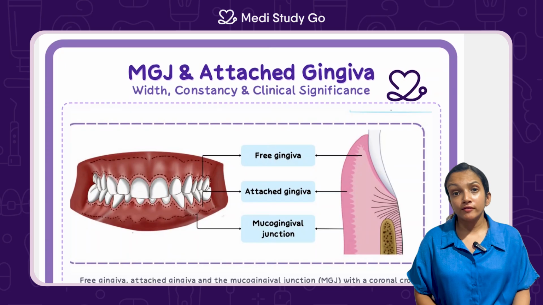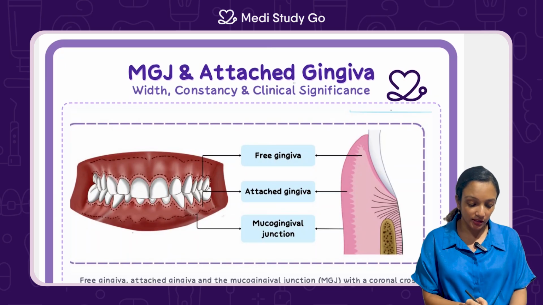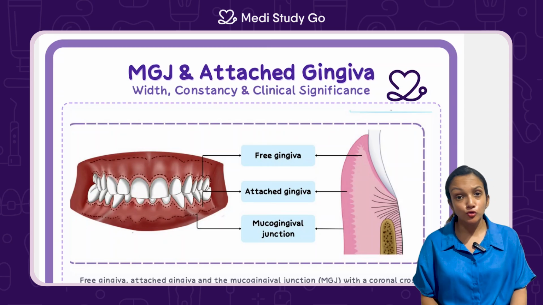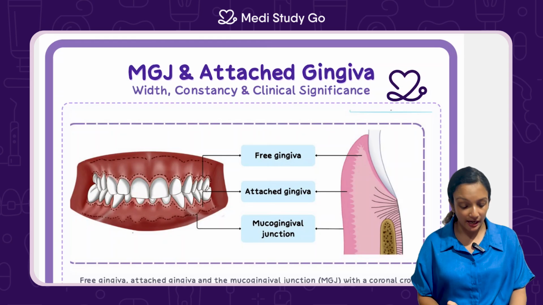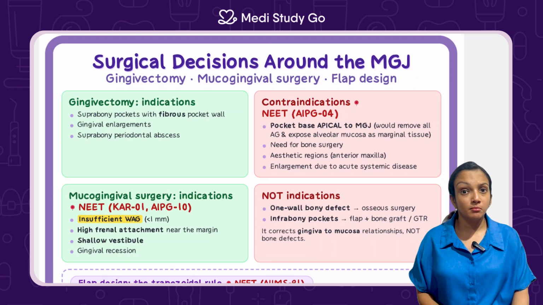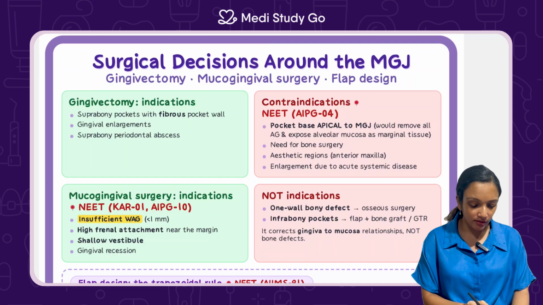So the mucogingival junction is a very important landmark. So it is important when it comes to assessing the width of attached gingiva. The clinical significance of width of attached gingiva, of course, we already know. So it's a very important landmark. So just like I mentioned earlier, the mucogingival junction is a very important landmark when you're planning mucogingival surgery, of course. Now this topic is a little bit beyond the scope of this video today, but basically it helps you